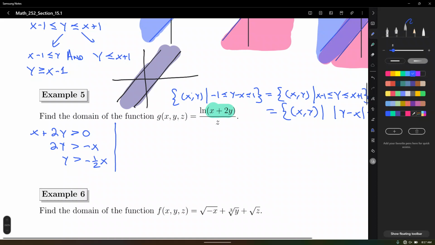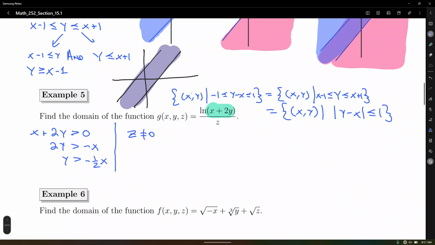All right, what about the denominator? Simply, z cannot be 0. We just discussed that part. So let's write the domain. We have everything we need to write the domain. And by the way, there's no interval notation for functions of multiple variables, just set builder notation. When we talk about functions of two independent variables, we use the ordered pair x, y. Here, for functions of three variables, we're going to look at all the ordered triples